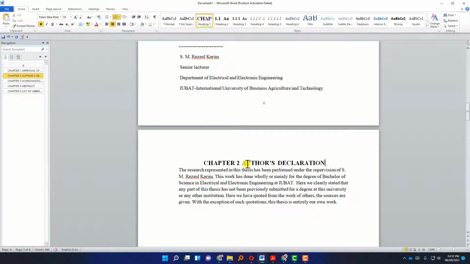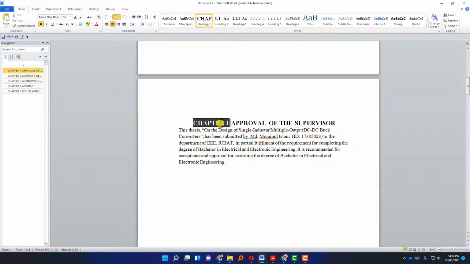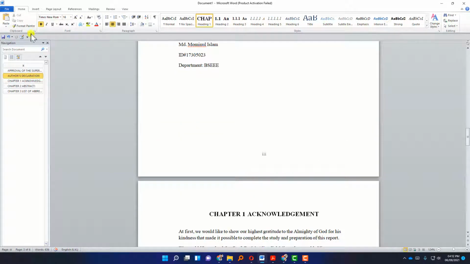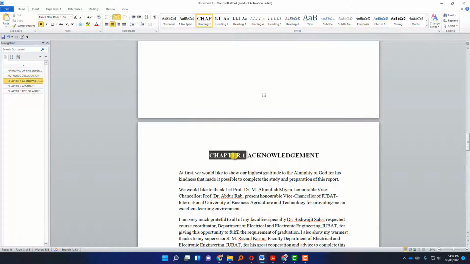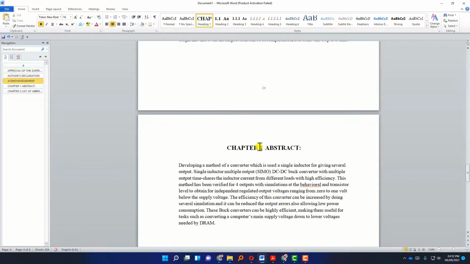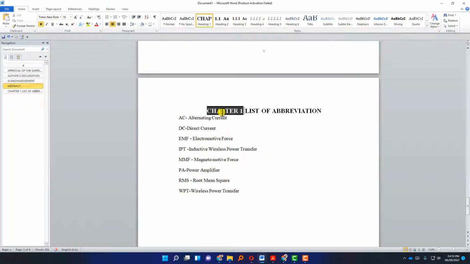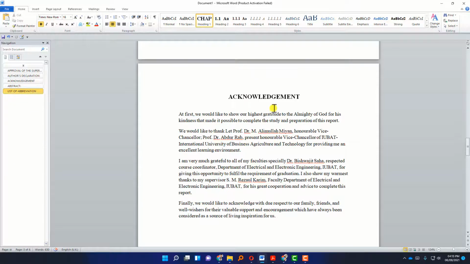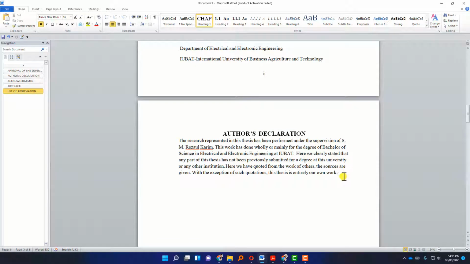are uppercase. Now I just click Chapter 1. You must click Chapter 1, then just press the backspace. Now it is gone. Just click this one and gone. You can see here also it is gone. Chapter 1, Chapter 3. We don't need it. So just click it and gone. Just click it and press the backspace, and it is gone. Just click it and it is gone. Okay, whatever, I have deleted all of these things, and as you can see here,